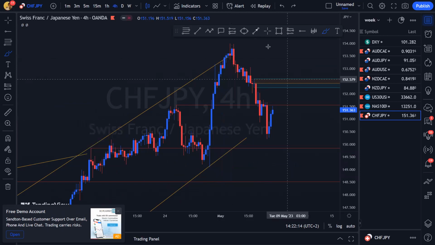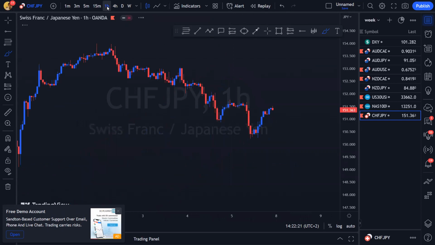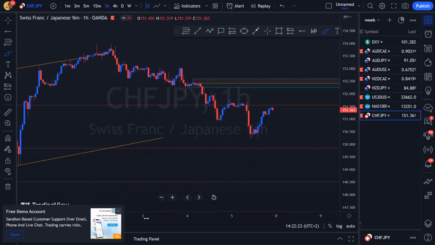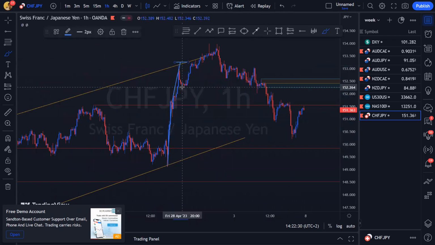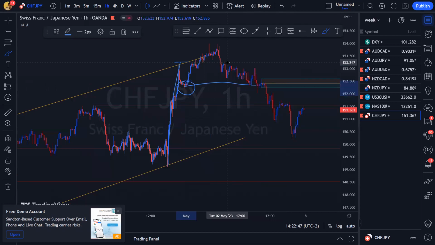So on a 4 hour, this is a POI that we've got inside of there. Do I want to go down to a smaller time frame? Not really, but I just want to show you guys why I'm also going to be looking at that area there. On a 1 hour, basically, we've got this impulsive move here. We've got a resistance. We've got a support over here. And you guys can see that this support somewhat aligns with that point of interest that we're looking for. That nice 4 hour momentum shift that we see somewhat aligns. So that's why I'm going to be choosing to use this area rather than any other area to try and look for those reduced risk entries.